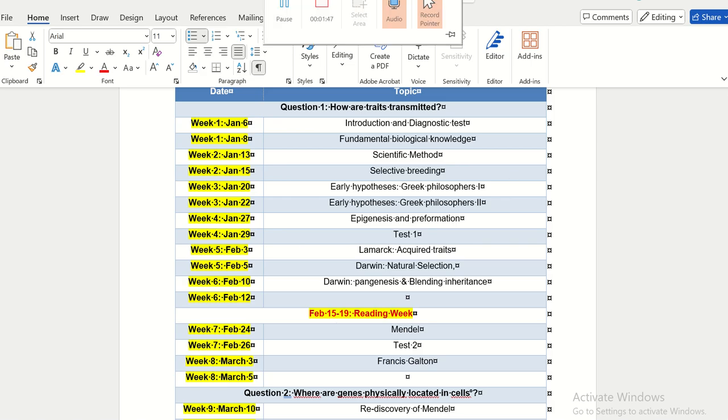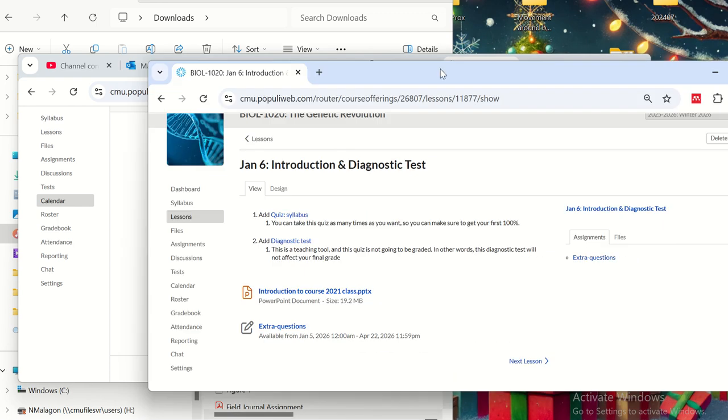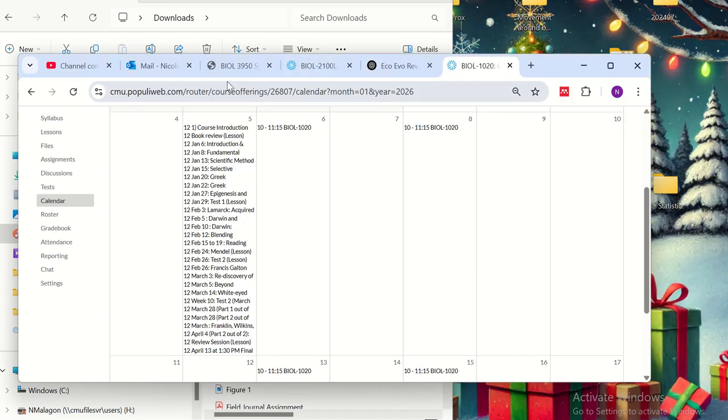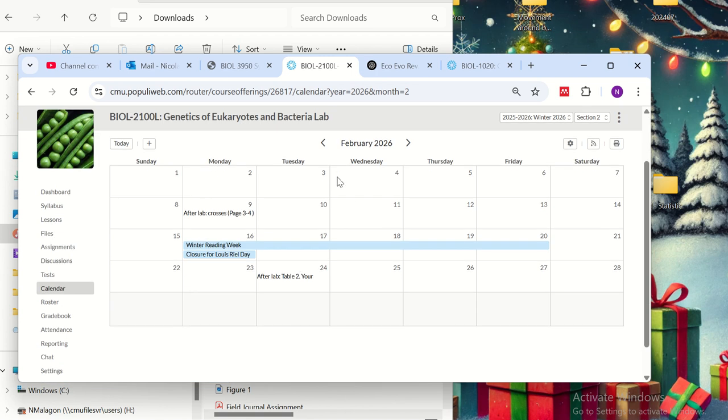Now I'm going to show you two exceptions to this that could also happen, so that you don't get stressed. So I think this is pretty clear. I'm going to show you two examples. One is in the lab. Sometimes it could happen that the calendar is not there, and they are not showing you exactly